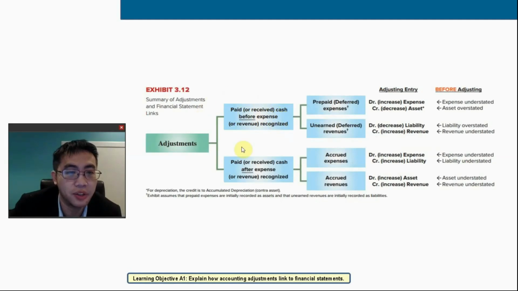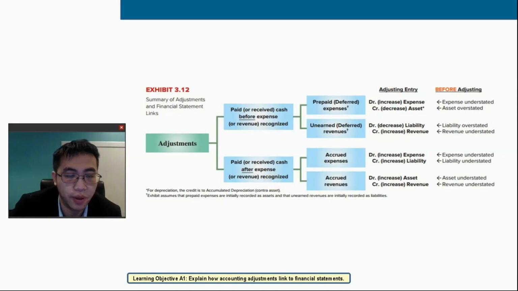You see, money comes first, the stuff and the services come later. That's called a deferral. And for accruals down the bottom, it is the